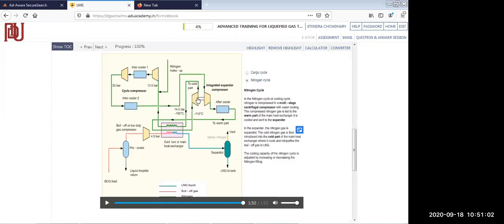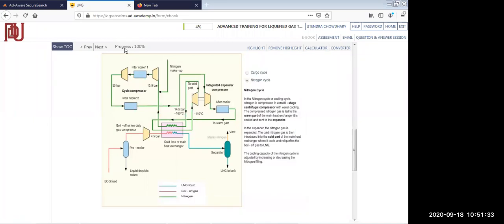Why? Because again, we need to control the nitrogen coolant, the amount of gas in the system, to regulate the amount of heat it is taking from the system. When we have more boil off gas, we need to cool down more, so we put more nitrogen. When we have less boil off, we put less nitrogen. Generally it is around 0 to 30% nitrogen in this system, and 70 to 80% LNG in the system.